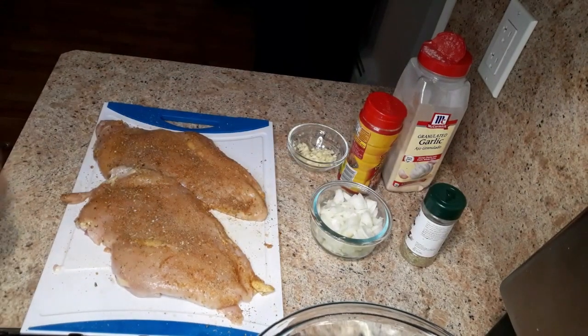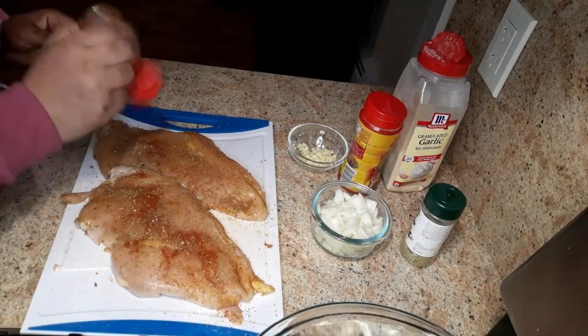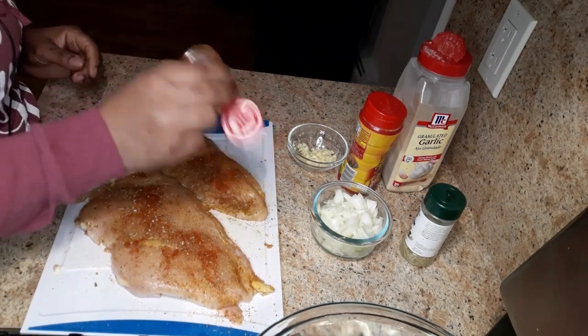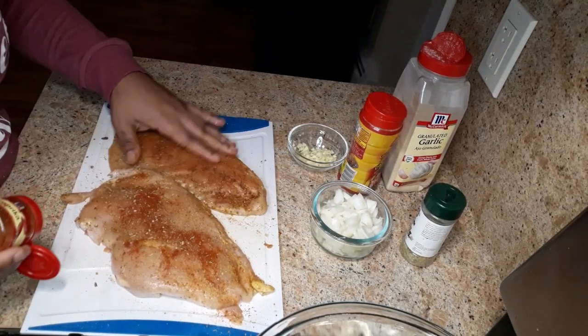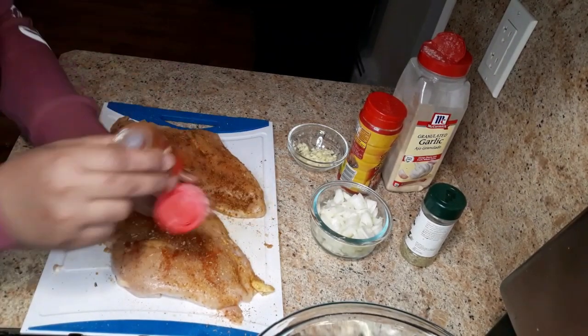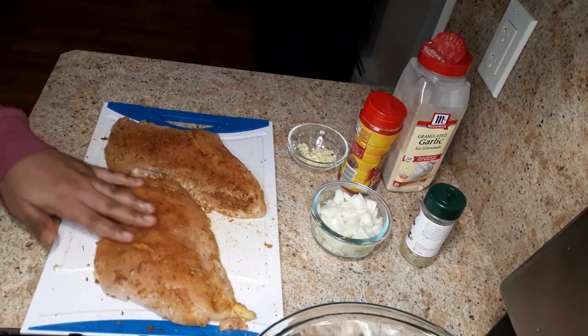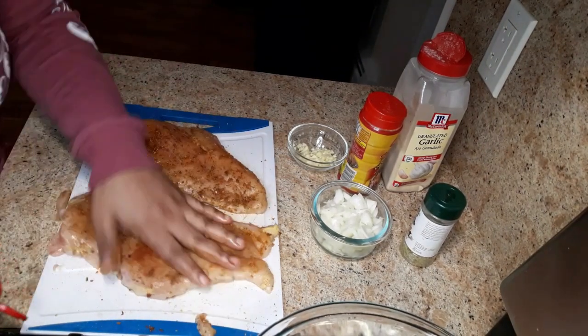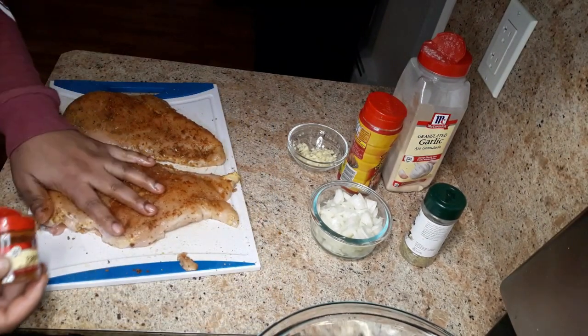And here I have some paprika. The paprika is just really for the color, unless you have smoked paprika. So we're gonna let this marinate for about 20 to 25 minutes, or you can go ahead and cook this